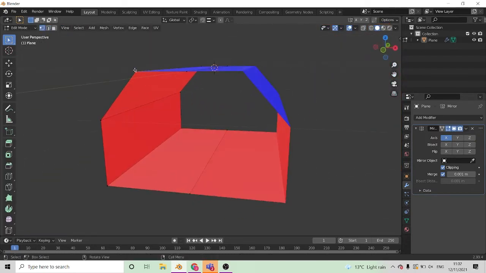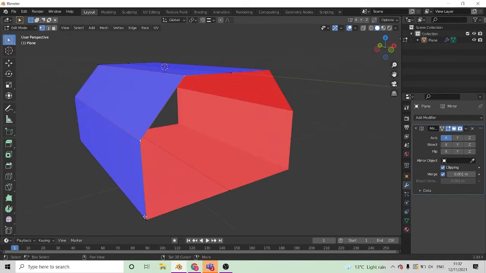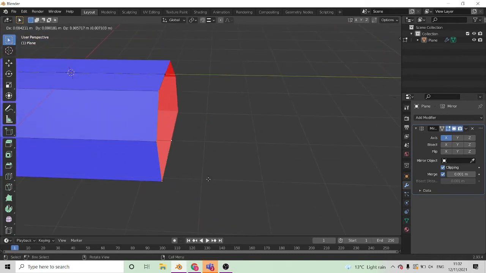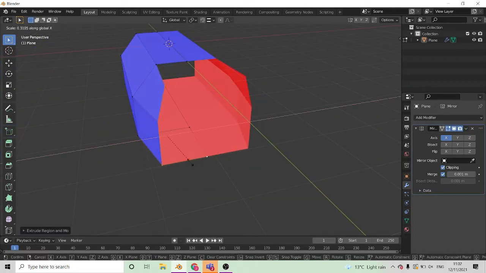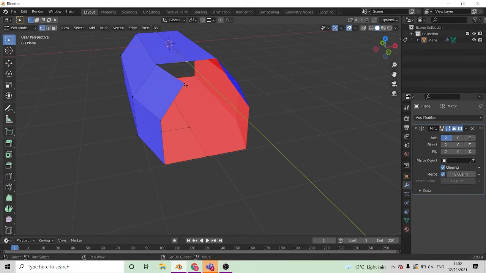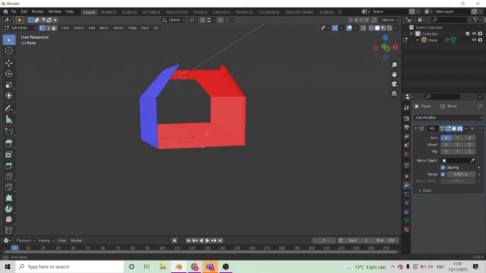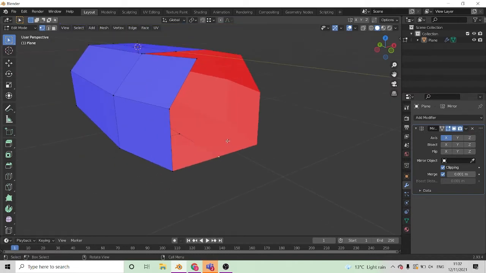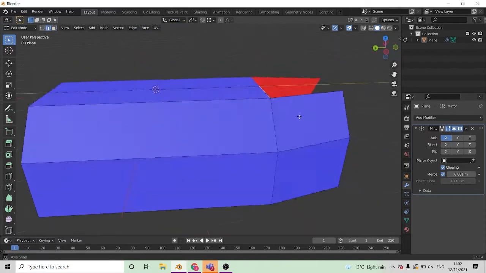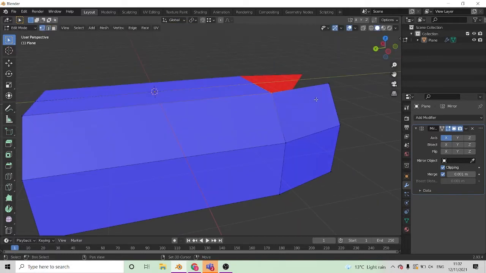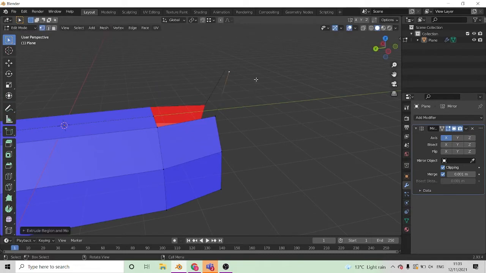So, I'm going to finish off my model here. I'm just going to grab these points, extrude these out. I'm going to scale it in a little bit. Same as that one, I'm going to pull that in. Grab that. Extrude these up. Now that's another one you can do with your individual vertices. The extrusion tool isn't just for faces, so you haven't just got to get a face tool and press E and extrude that. You can extrude your edges like that. You can also extrude your individual vertices. And then from there you can sort of build